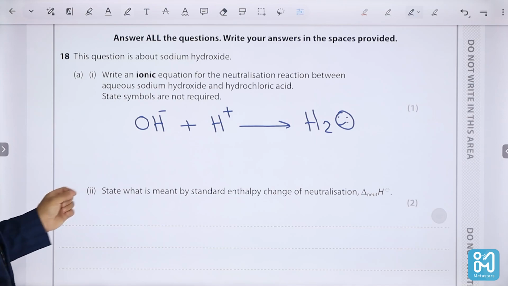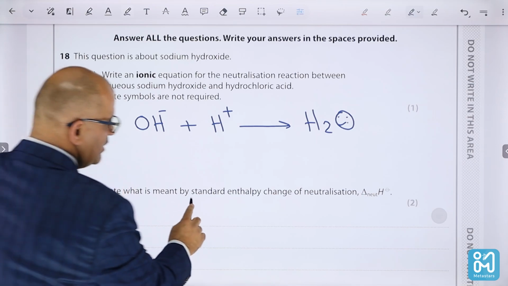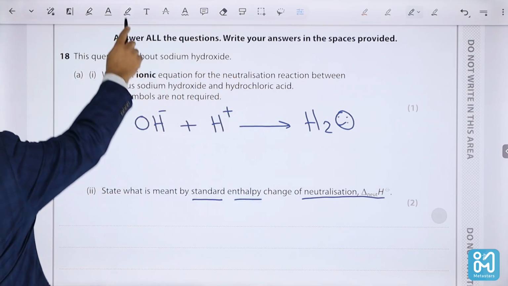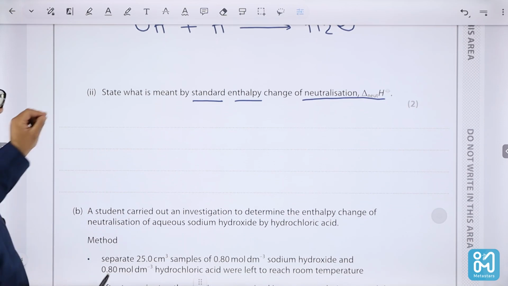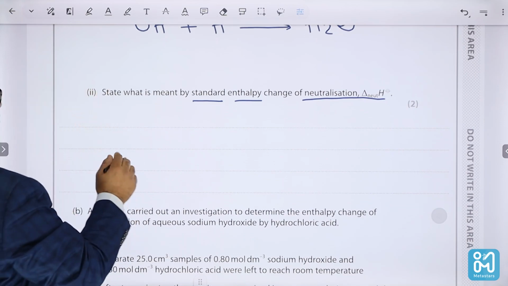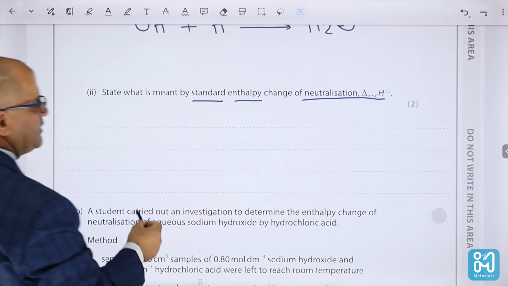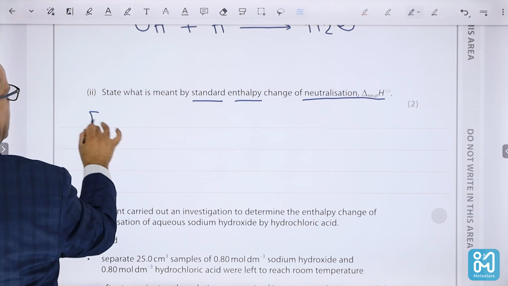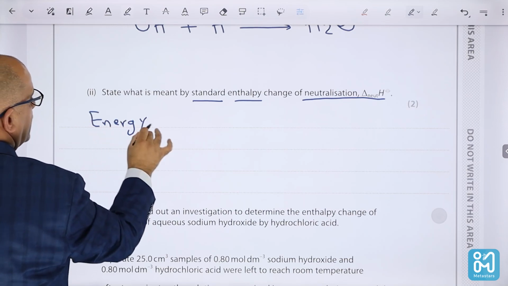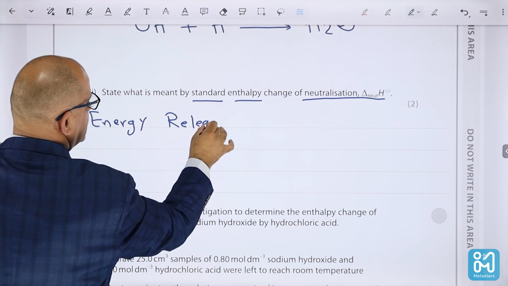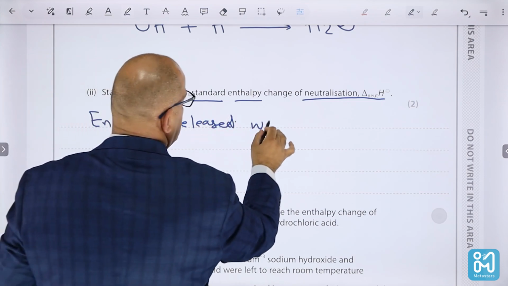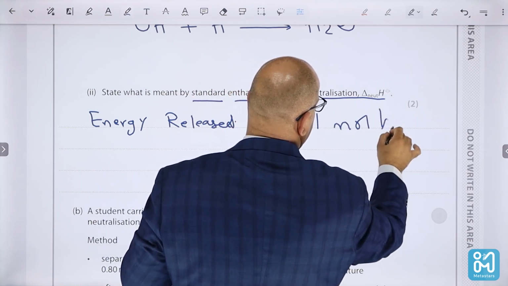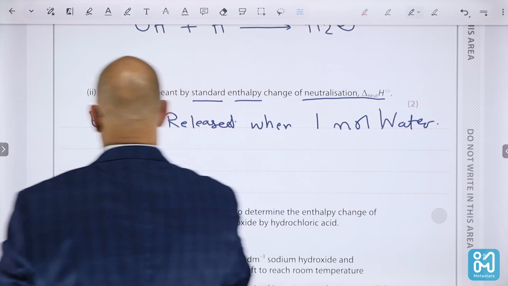Okay, state what is meant by the standard enthalpy change of neutralization. So we have three important things that we shall focus on. The standard means that we have standard conditions, enthalpy change of neutralization. So it is the energy released. You can write it is the energy released, since it is exothermic, when 1 mole of water is formed